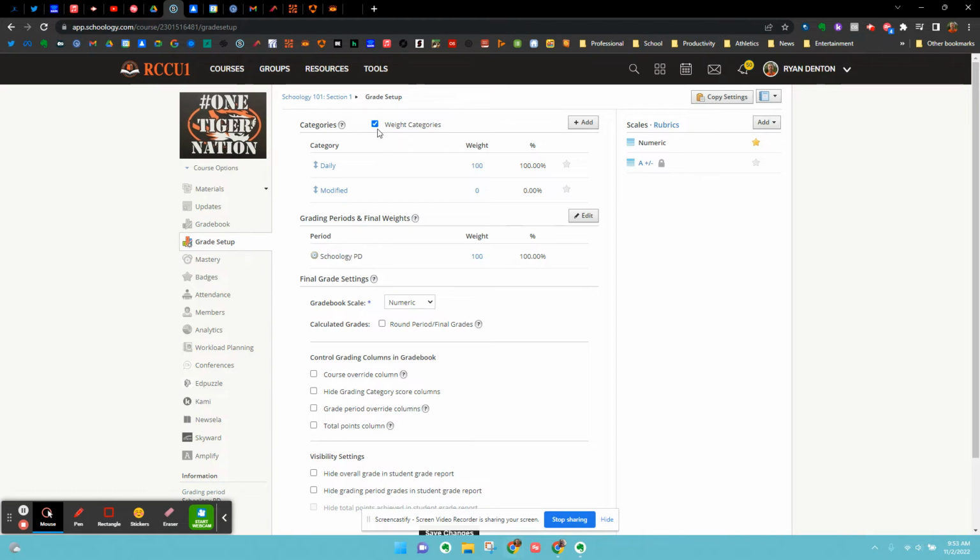Again, if you don't weight your categories, that's fine. We'll have something else for you to do in the grade book. Again, it's not going to take a whole bunch of extra time or anything like that. But if you're not weighting, then there's something you got to do to make sure that we get the same result. Okay, so I'm going to navigate back to my materials page,